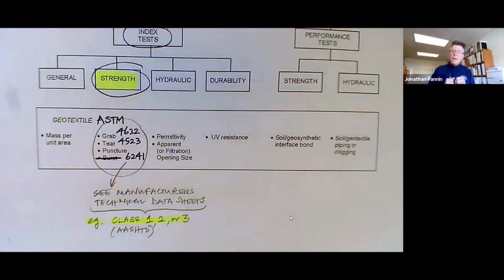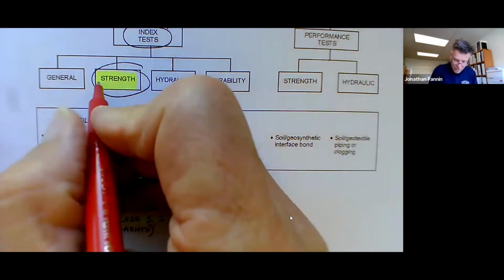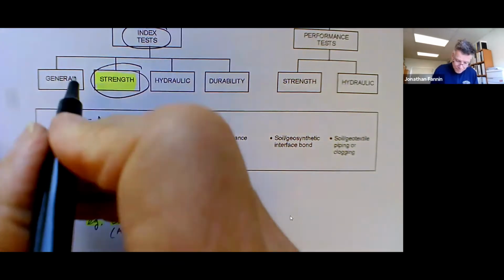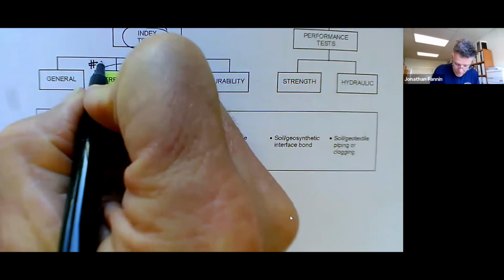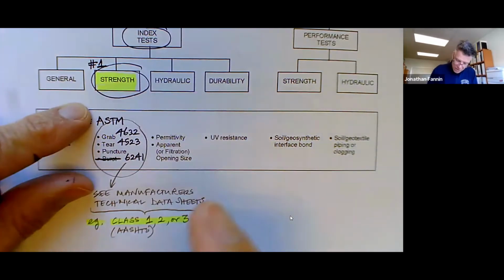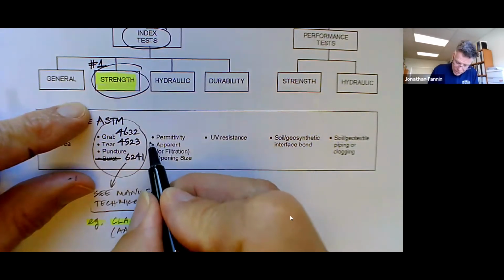But really, if we think of filter design, it's all about soil retention, adequate soil retention, and permeability, adequate permeability. So we're interested in design criteria for filter design. Design criterion number 1 is adequate strength of our filter medium, the geotextile. And our second criterion is adequate soil retention.